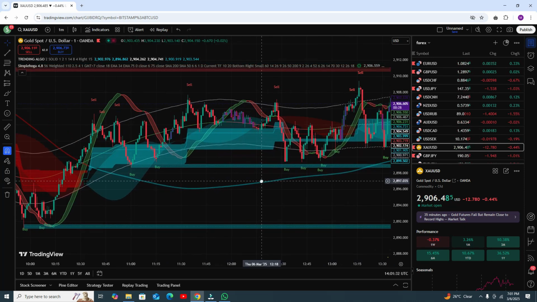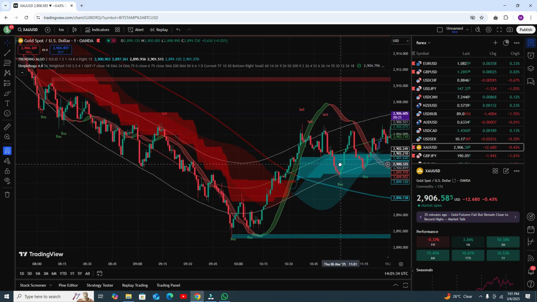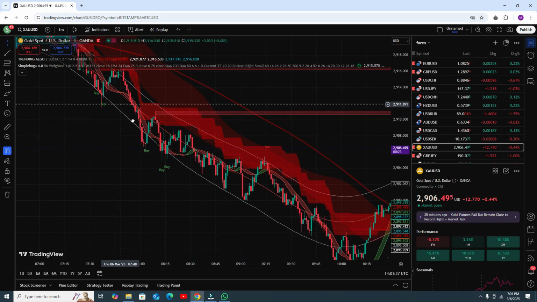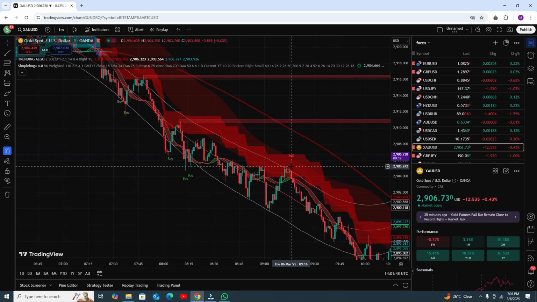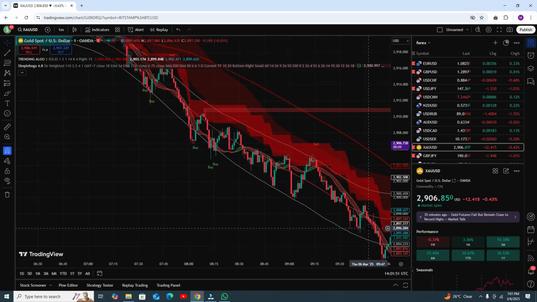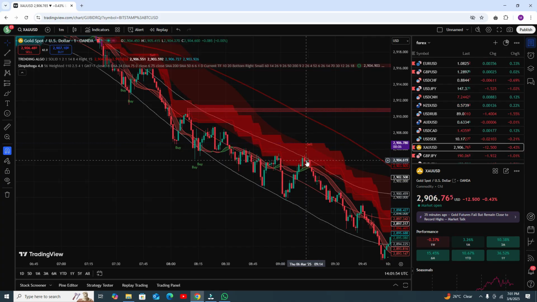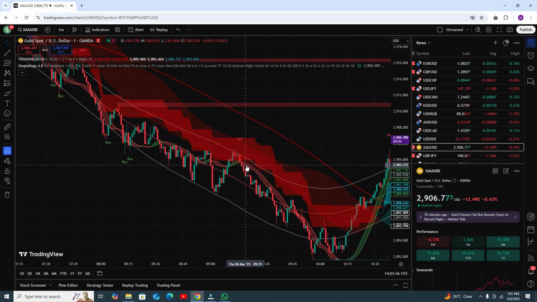Okay, and we need to see the live result as well. Let me show you here. You can see a strong sell condition, RSI is below, but we got the sell signal. So these are weak sell signals, profitable, weak sell signal and profitable. Now this one is a weak signal, but when the candle closes below the RSI ribbon, that is a strong sell condition. You can put your stop loss here and you can book your profit here.